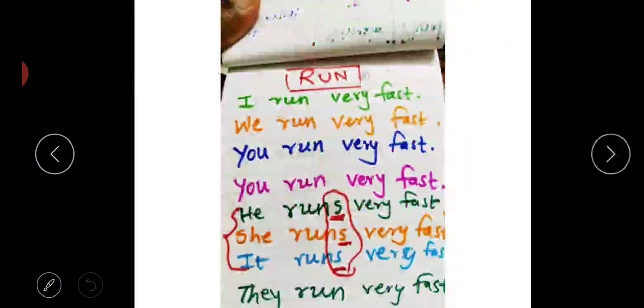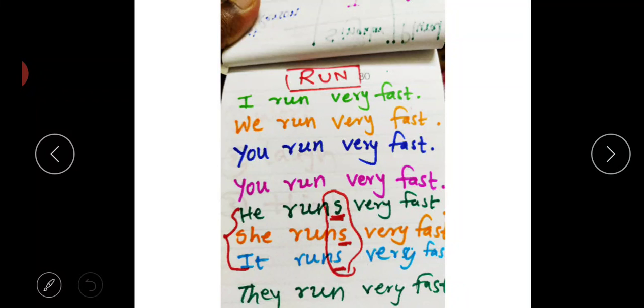So what you can see is that in all these 8 sentences, I have added s only with third person singular, that is he, she and it, right? So this is how it is done with the other persons. I, we, you, he, she, it, they are all subjects of the sentence. So when third person singular is used as a subject in simple present tense, we must use s or es.